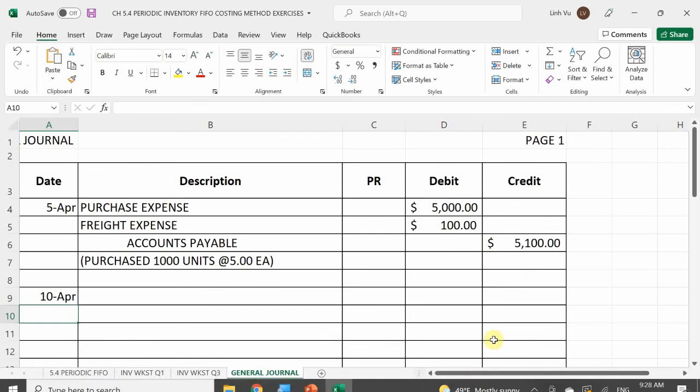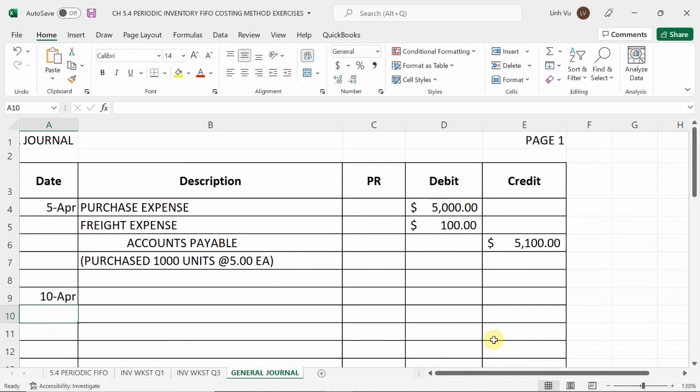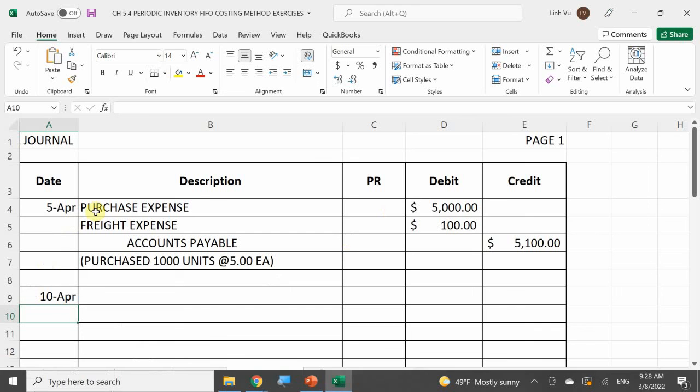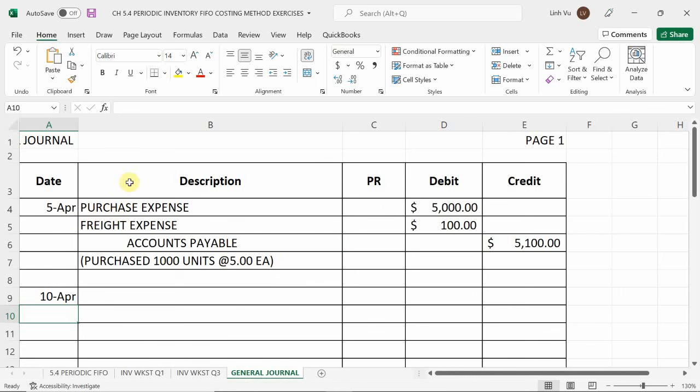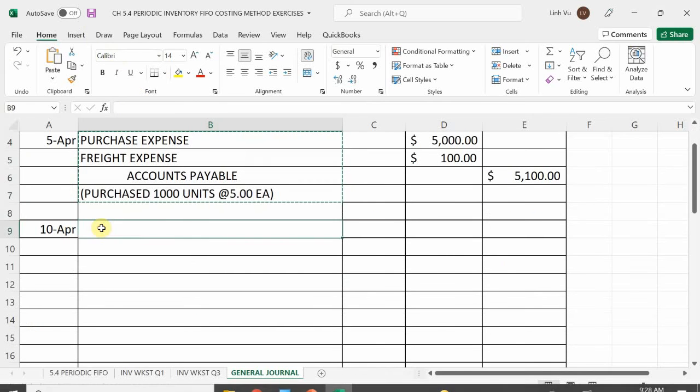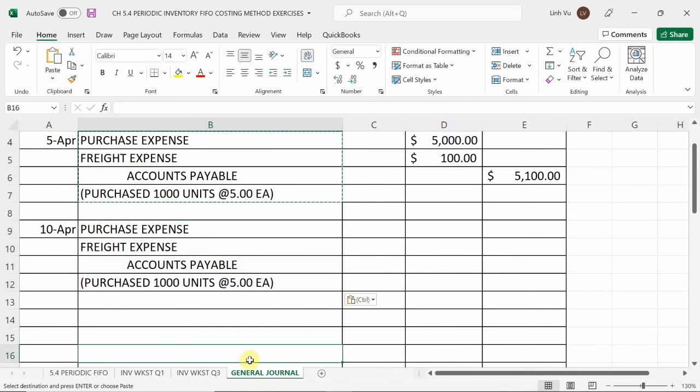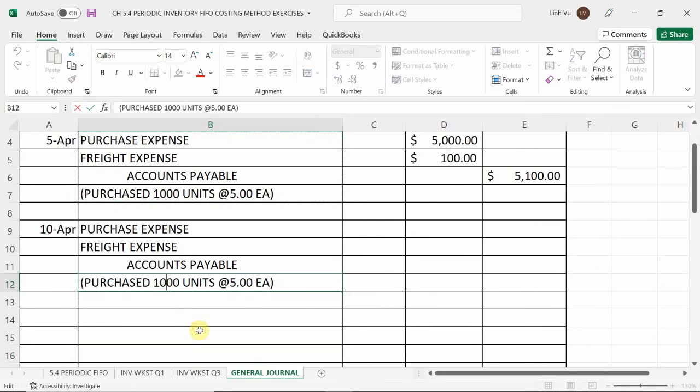Purchase expense. Now, just like in Word, you also have the same capabilities to copy and paste as well. So I'm going to copy and paste this entire transaction, right? But I'm going to use my keyboard to copy this, and I'm going to paste it in here, okay? Now I also pasted the description here, so I'm just going to go ahead and modify this description because I